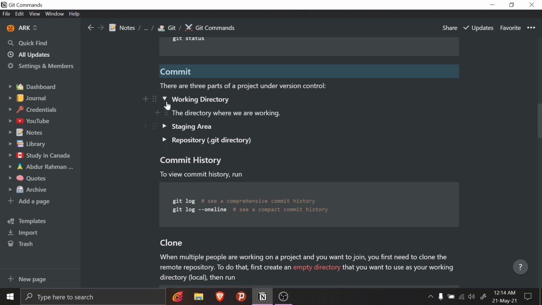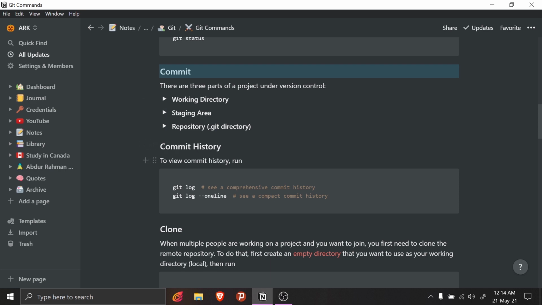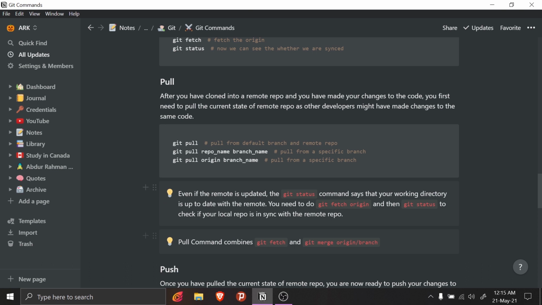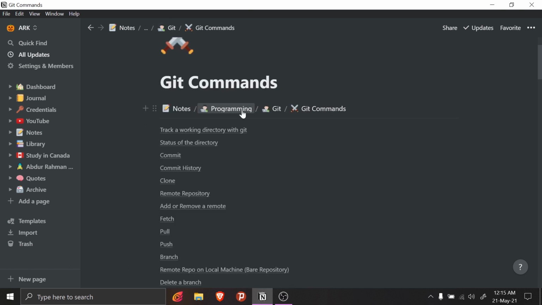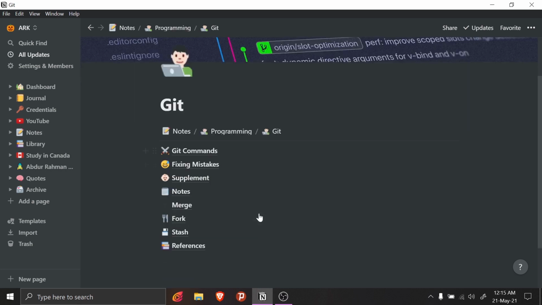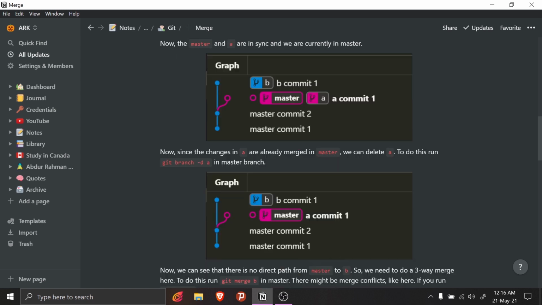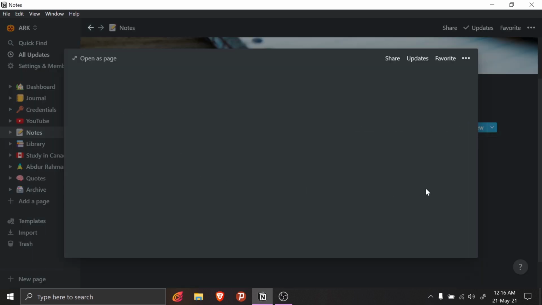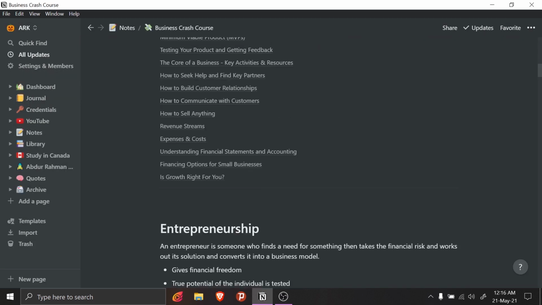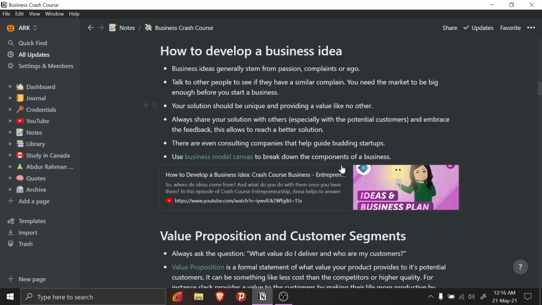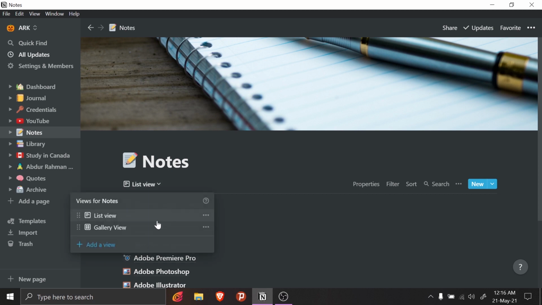Here, I have 3 toggle buttons which show or hide the content, and I've also used these code blocks to display my code neatly. Coming down, these are callout cards which can be used to note down anything important. Now, let's take a look at my notes for merging Git repositories. Here, I've also attached images to my notes for visualization. In some of my other notes, I have embedded links to the original source as well. So when it comes to note taking in Notion, possibilities are endless. All you have to do is explore.